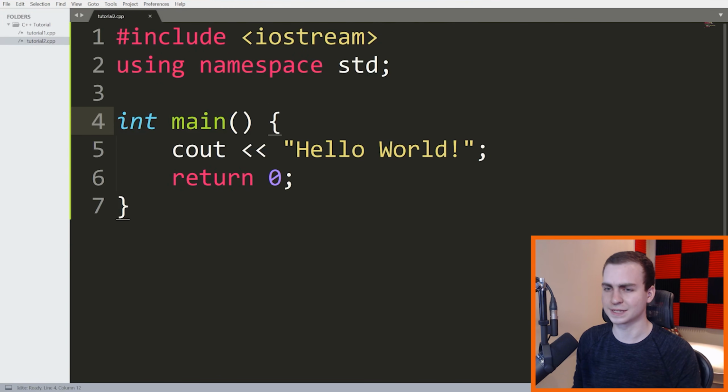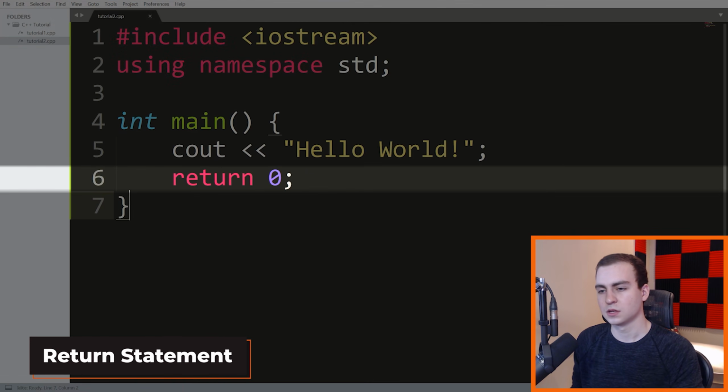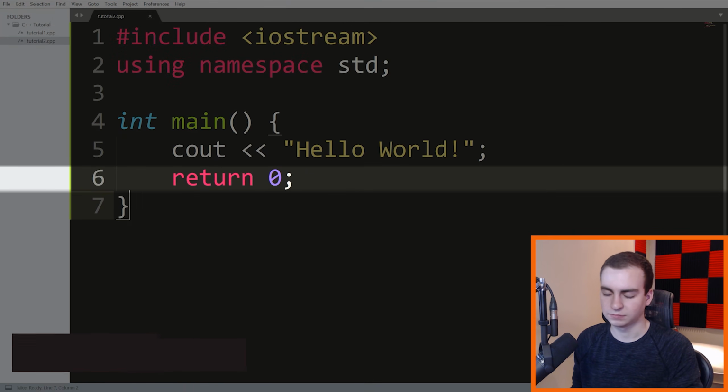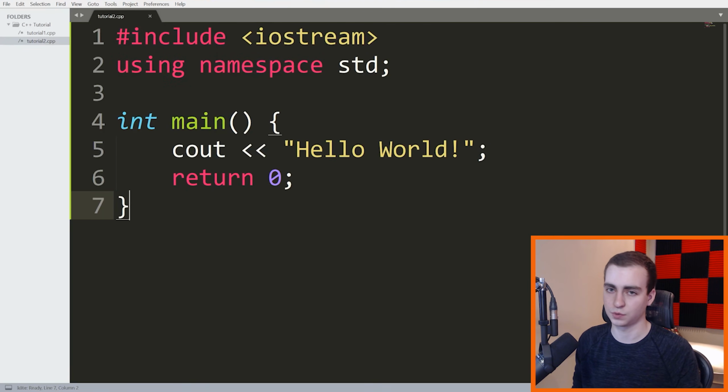All right, hopefully this is making sense, but this is the entry point of our C++ program. All right, let's talk about this return line. Whenever you define a function, and again, we'll get into functions later on, you define the type that this function is going to return. We haven't talked about types yet, so I won't talk about this too much, but pretty much functions must return a value that is the same type that is defined that they're going to return.